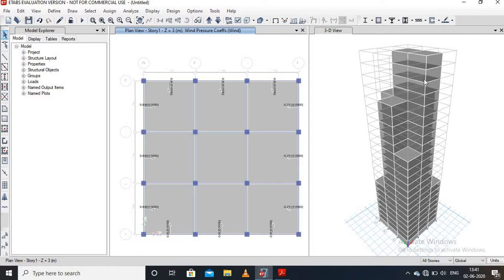Till now we have applied all types of loads acting on a story. Then after that we have to analyze the design.